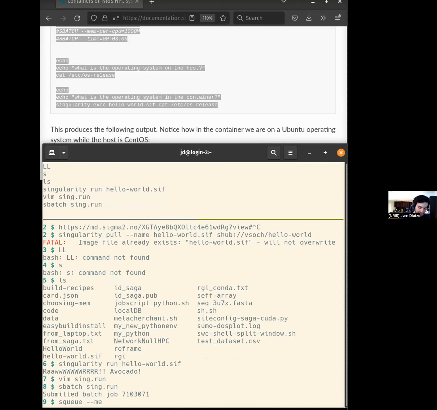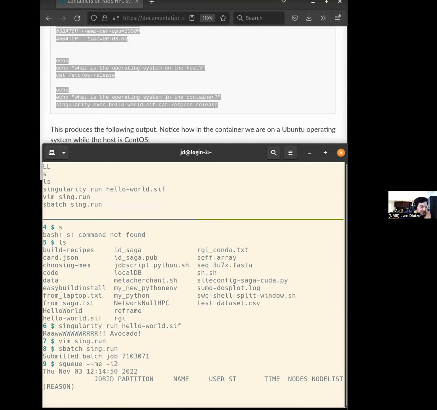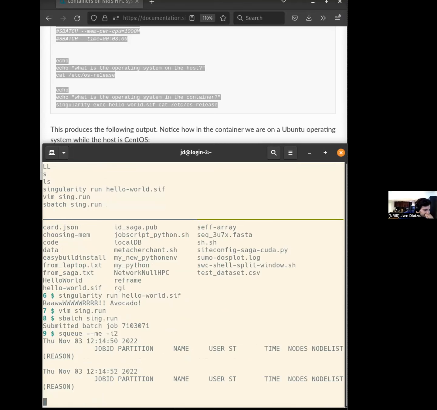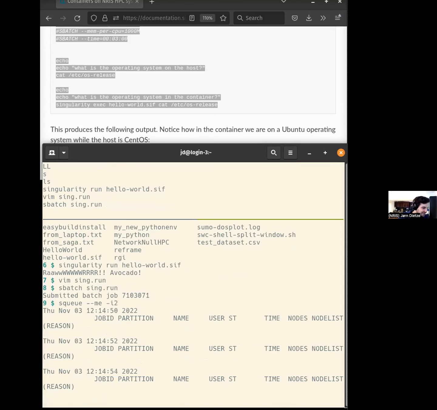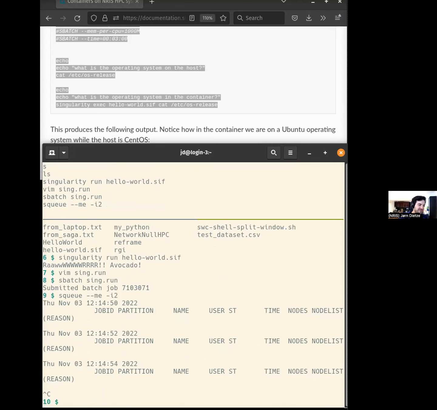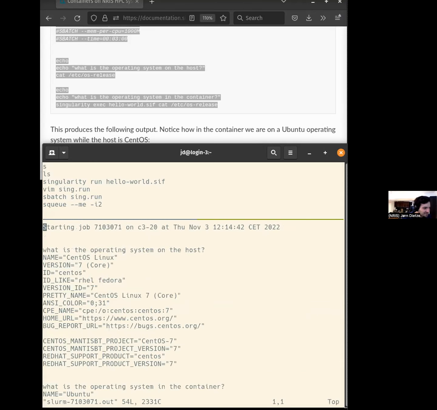Actually, I want to try this now. Okay, it's already done or it failed. This -i refreshes it every 2 seconds. So let's see. Maybe there's a log file. Yeah, it should be the right one. So it worked.